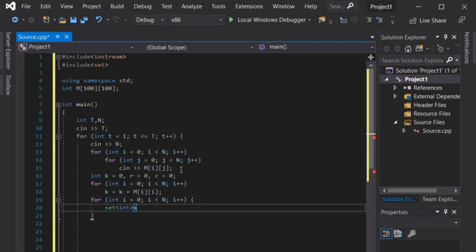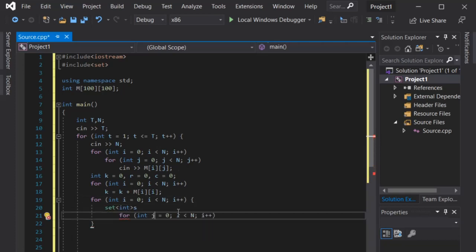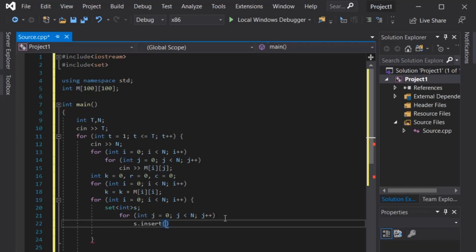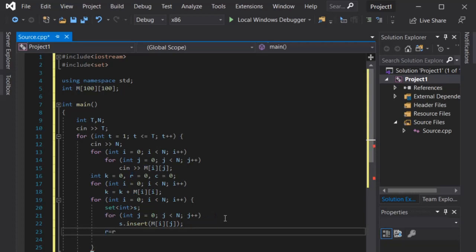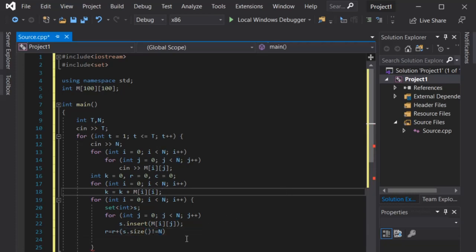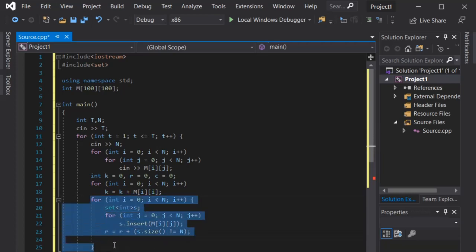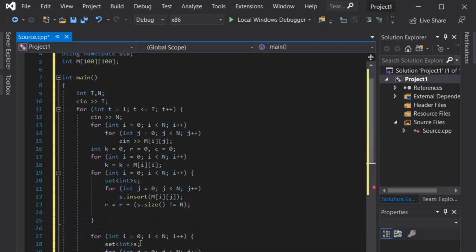Then we will declare a set S of integer type and insert values into it with the help of loops. Firstly, we will loop through each row and use a set to see if there are any duplicate elements in a row. The basic idea is that a set does not contain any duplicate elements, so if there is any repeated element in a row of matrix M, then the value of n, which is the original size of our matrix,